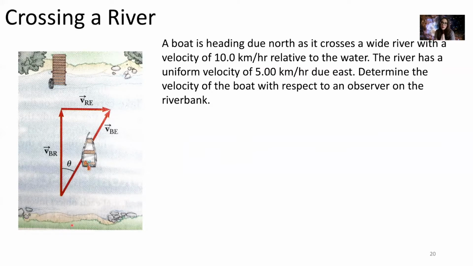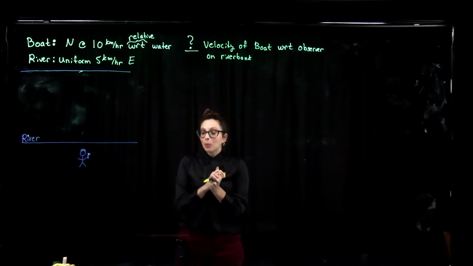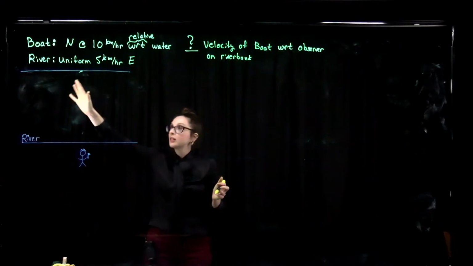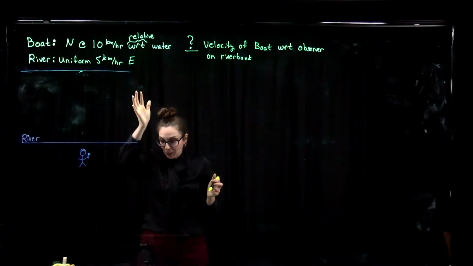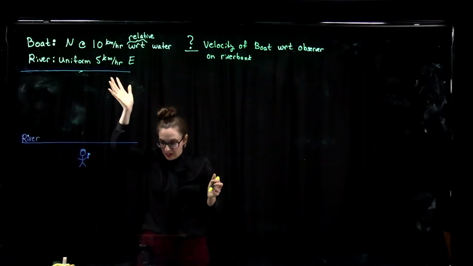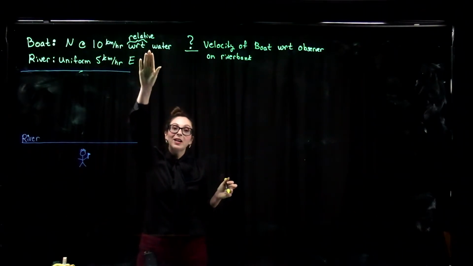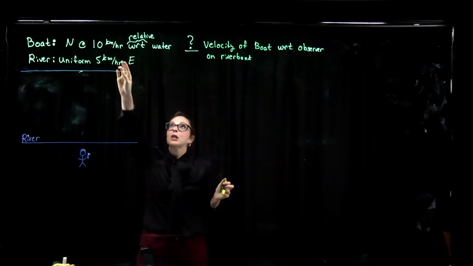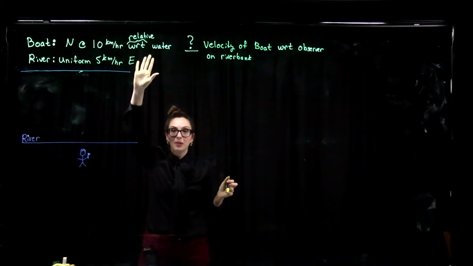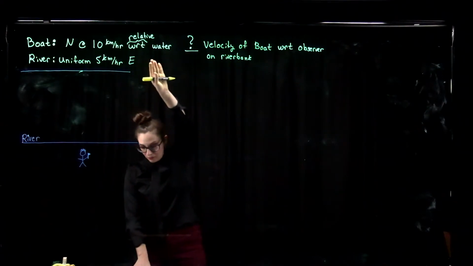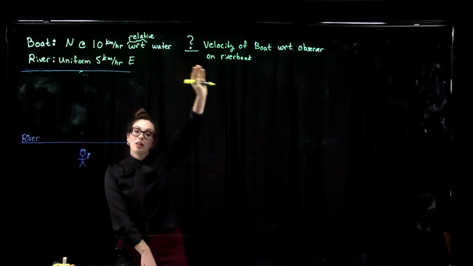And so we're going to work through, using our relative velocity equations, how to figure out the velocity of this boat with respect to a spectator who might be standing here on the riverbank. So our problem is we have a boat that is going to be heading due north as it crosses a river. Here's our river. And the boat, as it heads due north, is crossing our river with a velocity of 10 kilometers per hour relative to the flow of water, or sometimes I'll say relative to as with respect to the water, okay? And then we also know that our river has a uniform flow of 5 kilometers per hour